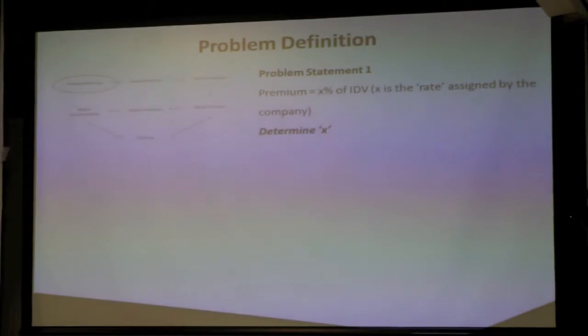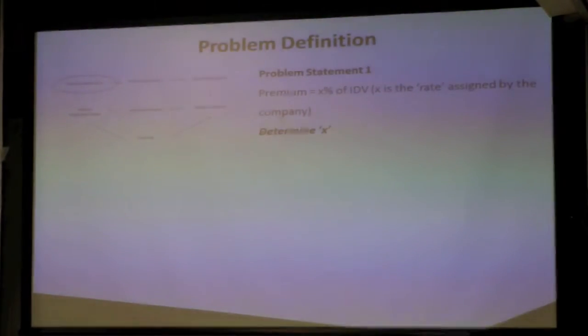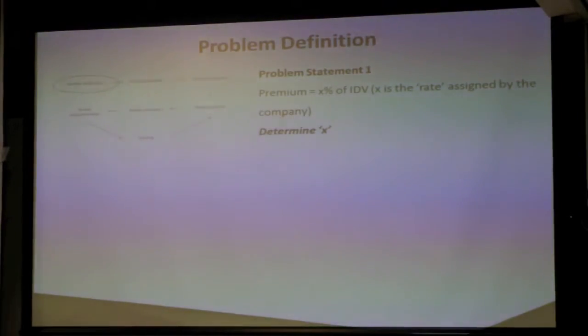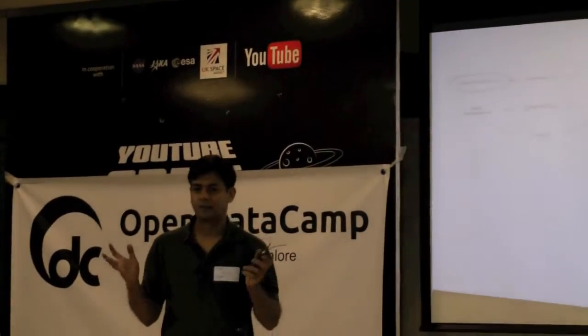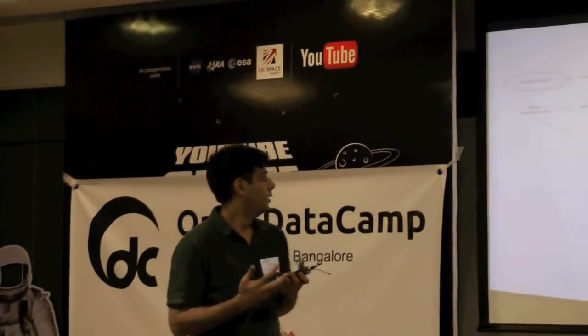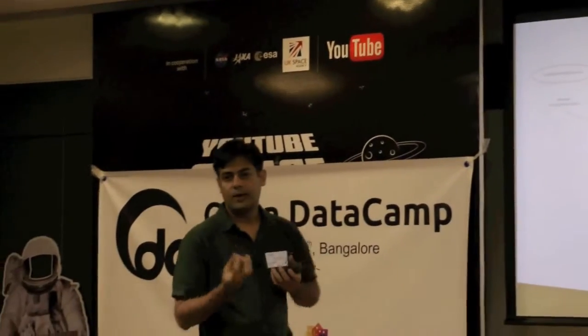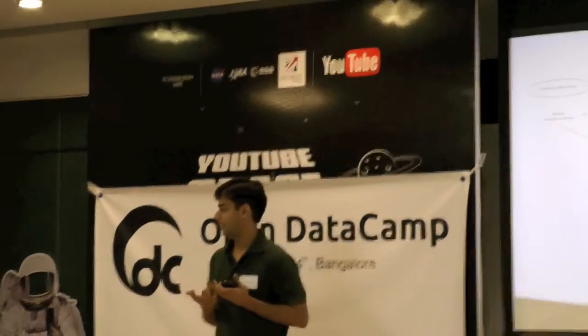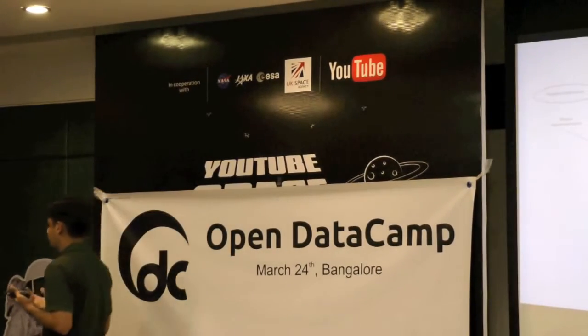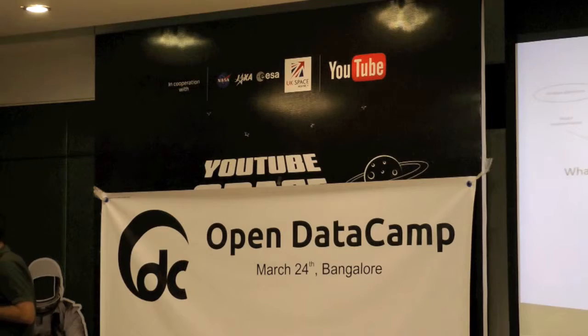Okay. So till now, the company has been using a flat rate X that they've been charging for all models, all locations, everything. Now what they're trying to do is come up with different values of X for different models based on the risk profile. This is essentially what the business told us. Now there are a couple of questions here.